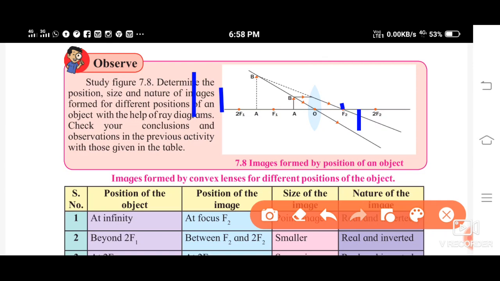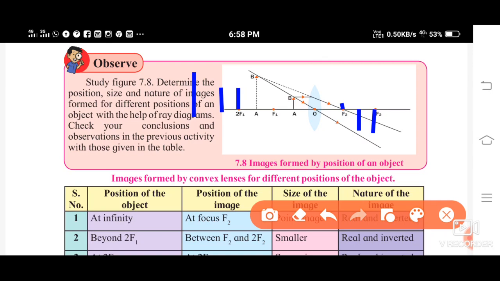So again the size of the image will be very small. Okay, its size will be small. Again it is an inverted image and a real image. So a real and inverted image is formed. Now when you keep the object at 2F1, okay, the image will be formed at